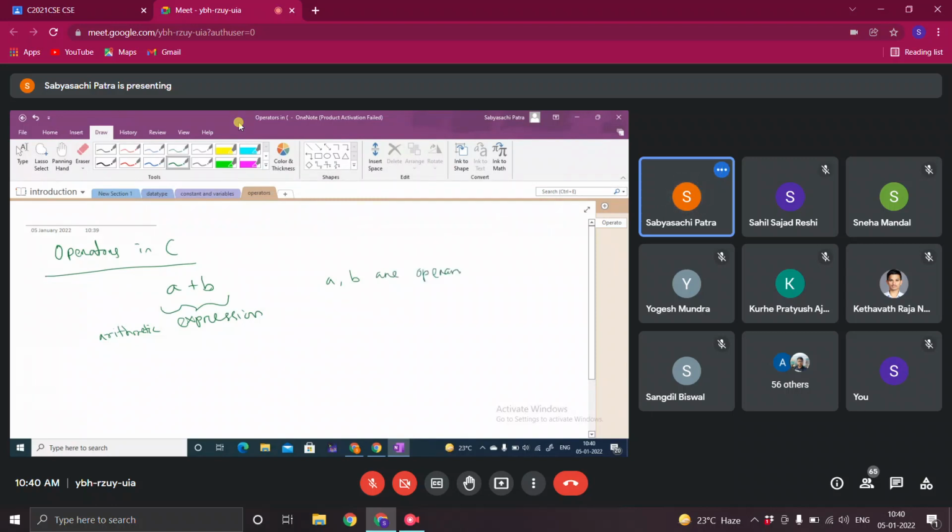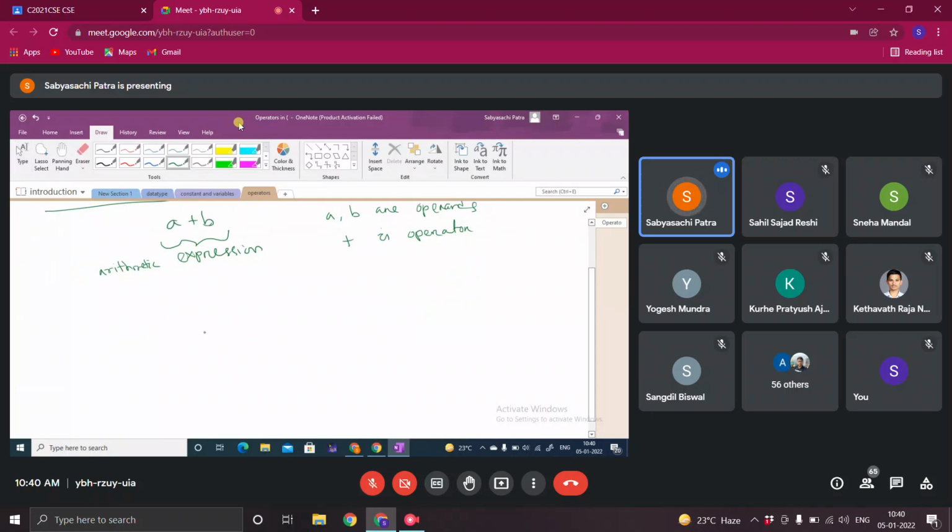A and B are called operands, and plus is the operator, an arithmetic operator.